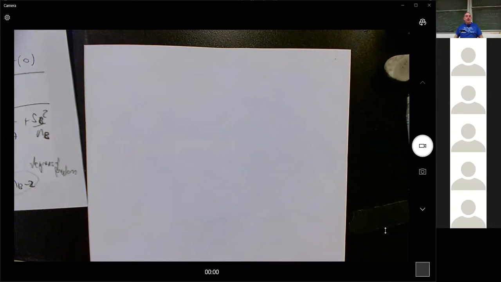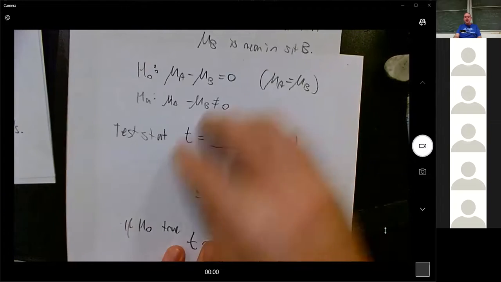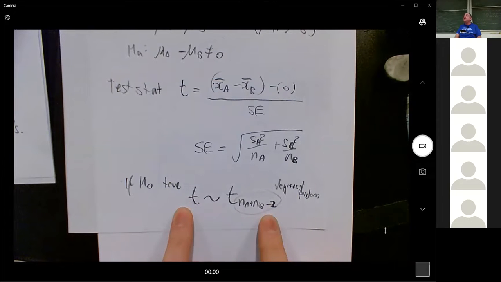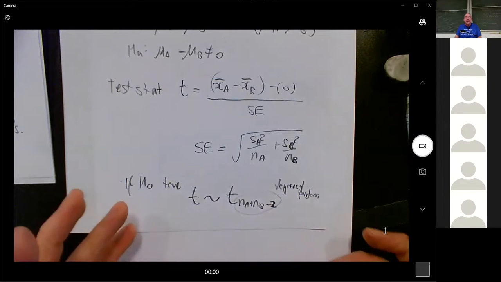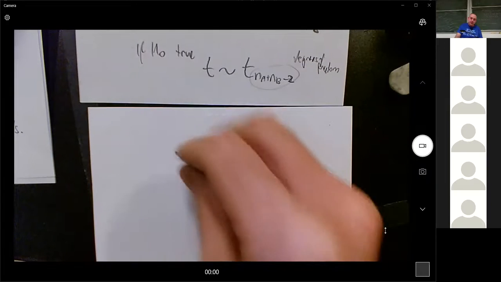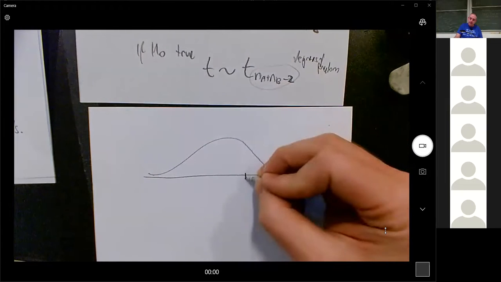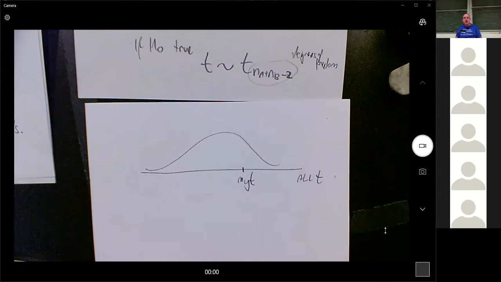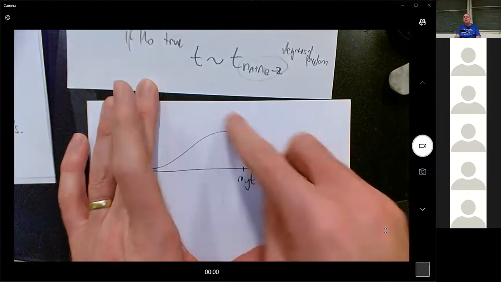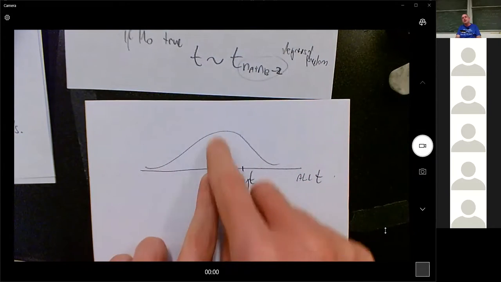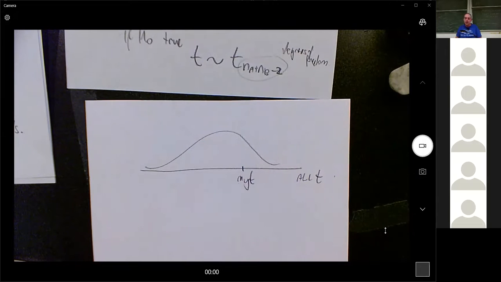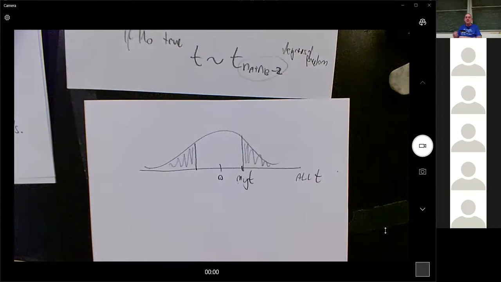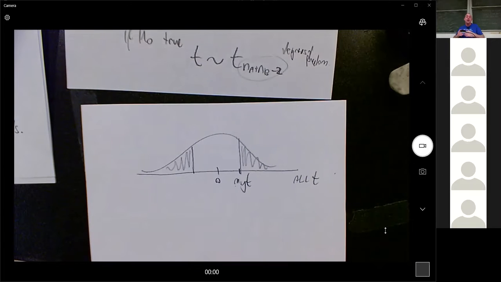So what that means is that you'll get your data, you'll calculate this, and you'll look up the number you've got in this distribution to decide whether yours is more likely or less likely. And so you'll go, here's my value of t. These are all possible t's that could have happened, and that's what this distribution is describing. All of these t's and how likely they are, and the ones where this is higher are more likely than the ones where it's lower, and you'll calculate the probability of being further away from the center than the t you got. And so in MATLAB that will be,